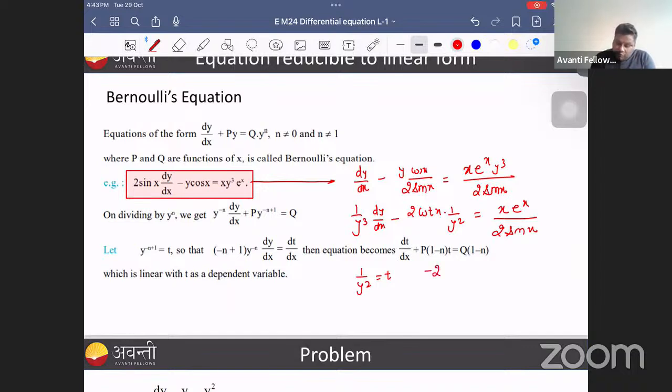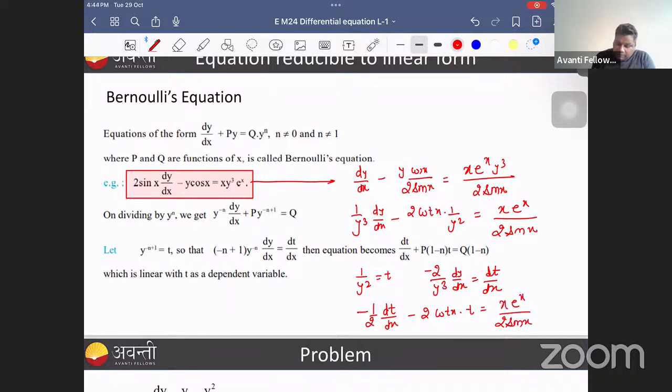So minus 2 upon y cube dy by dx will be dt by dx. Now replace this 1 by y cube dy by dx as minus 1 by 2 dt by dx, minus 2 cot x into t equals x e to the power x